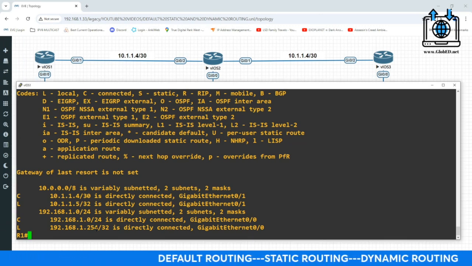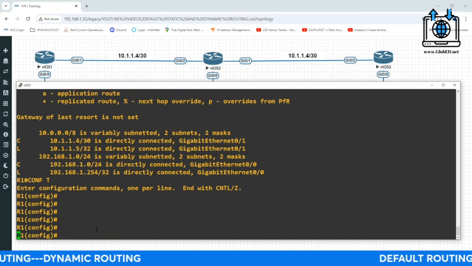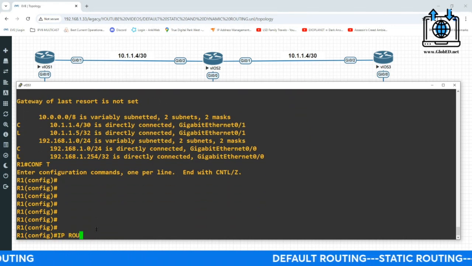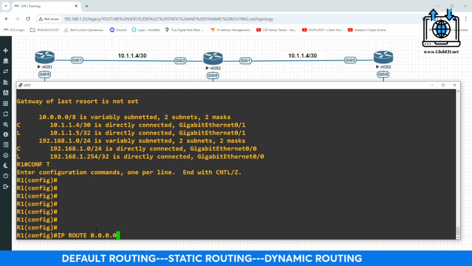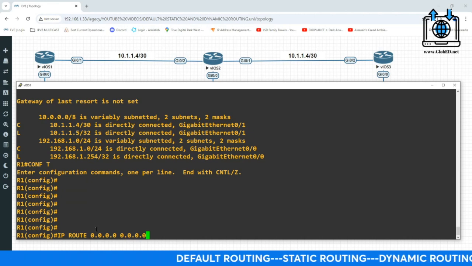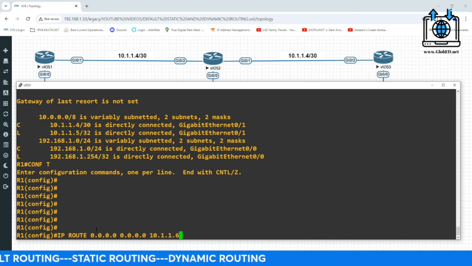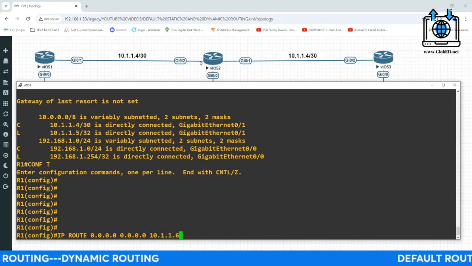So we're going to go to global configuration. We are in privilege mode, even though your test is considered enable mode, which is ridiculous, but whatever. We're not going to get into that. Global configuration. And then we're going to say IP route, spell it correctly, 0.0.0.0. These first sets of zeros, you're matching whatever network it's coming your way. The next set of zeros is matching whatever mask is coming your way. And you're going to tell it to go to the next router's hop address, which is 10.1.1.6. All right, which is this router, right? This IP address that's on this interface right here.